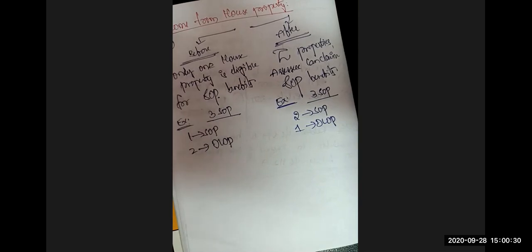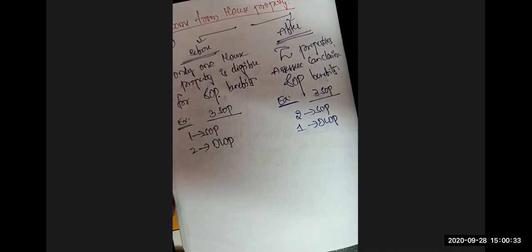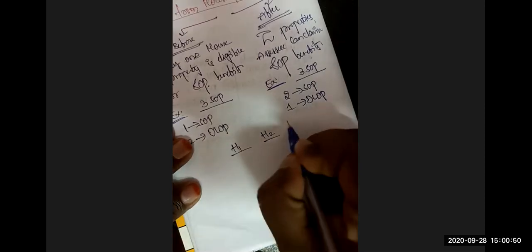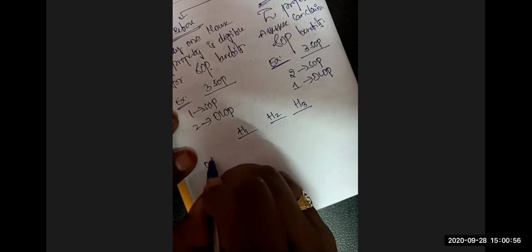So how to make a choice among the 3 self-occupied house properties, which 2 should be treated as self-occupied and which one to be treated as deemed to be let out? Go for the option scheme. Are you following now? Since you have the 3 house properties, house property 1, house property 2, house property 3, you have 3 options. Option 1: treat house property 1